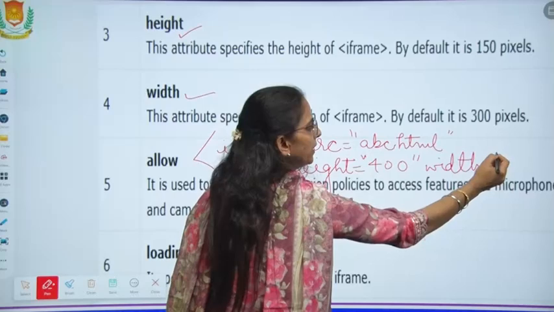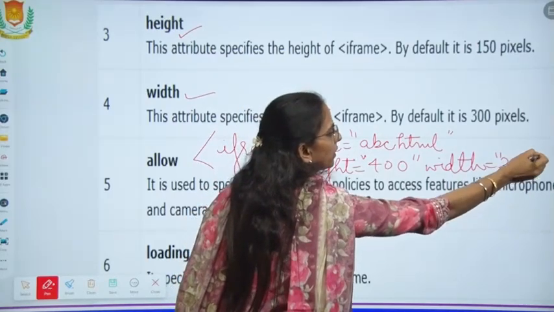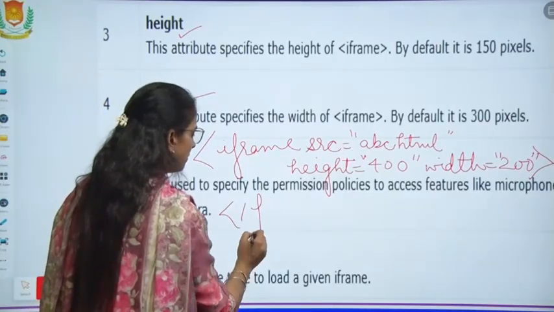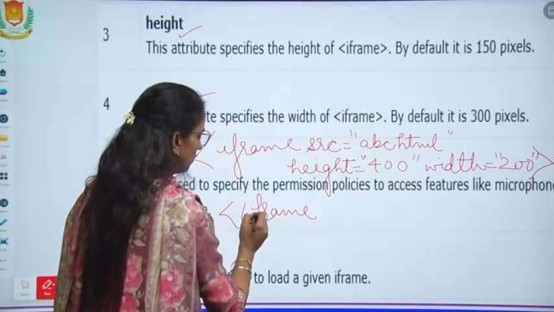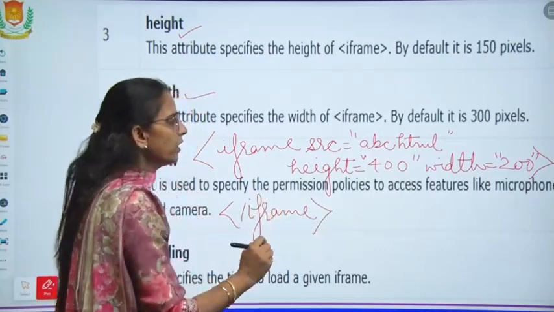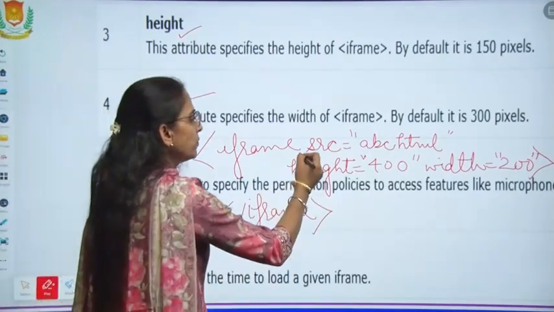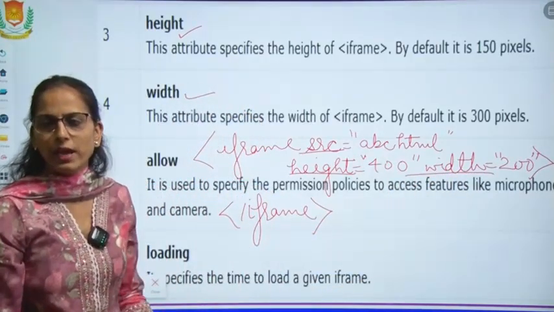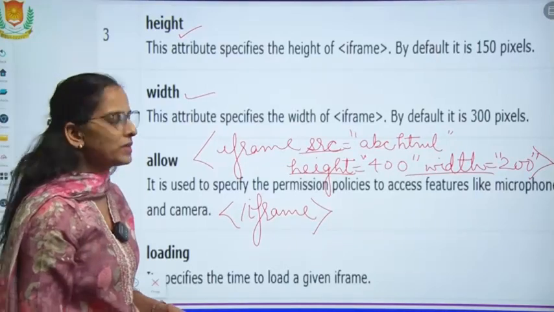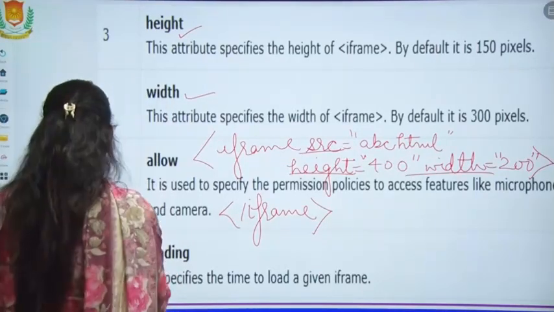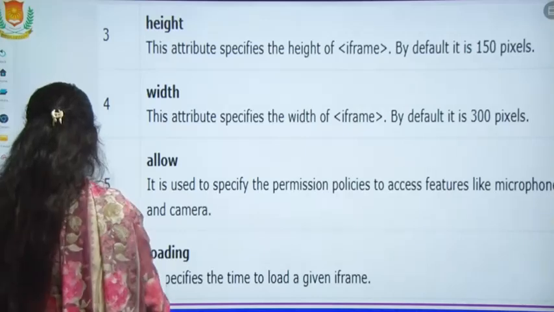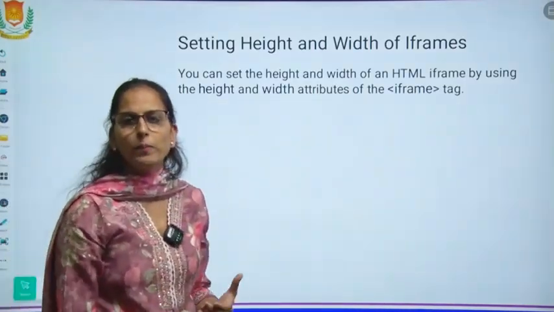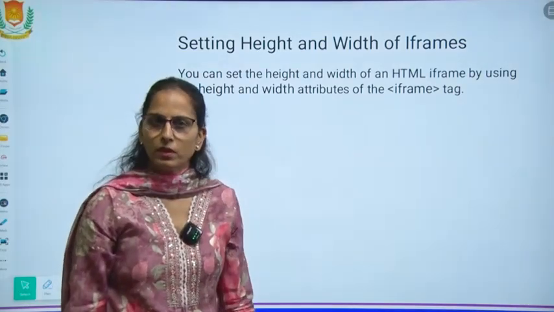Width can be 200 pixels. You will close it, and then the iframe will be closed. So all these attributes are available with every tag to specify the layout size for the specific frame. Basically, iframes are independent sections. A specific document will be embedded in your web page.